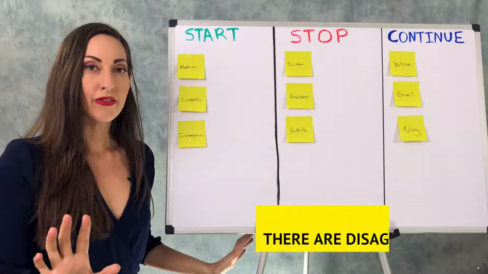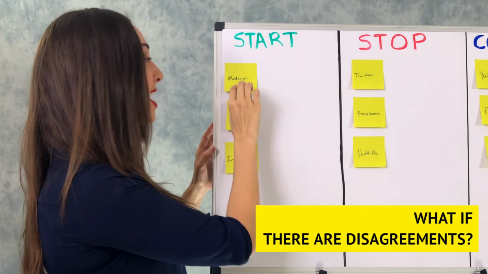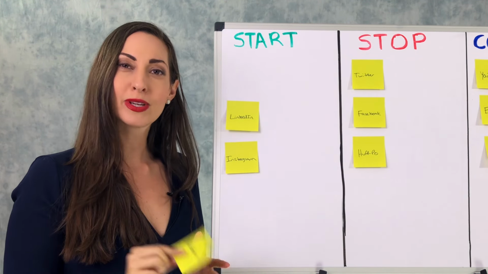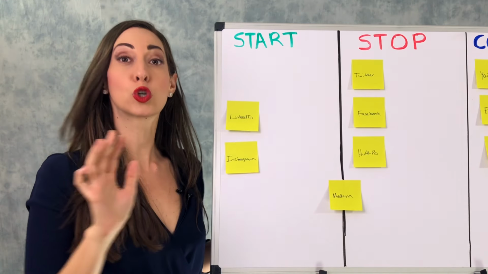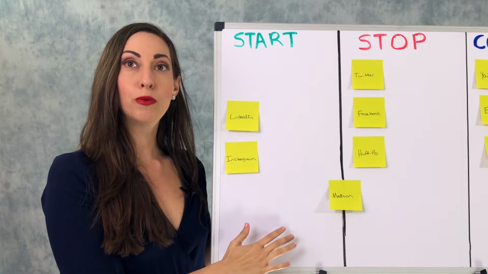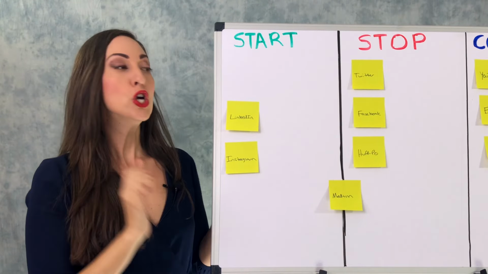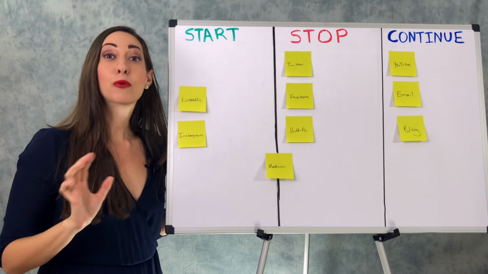Now, what if you disagree about something? This is what you want to do. So for example, we actually had a little bit of disagreement about Medium. We don't know much about that. We weren't sure how much engagement we'd get. So we decided to put it right here where we thought, we'll do a trial. We'll start it for a little bit, but if it doesn't work after 2 months, we'll stop. We'll track those articles. So you can also put things in the middle of columns to be able to see this is just going to be a little bit of a test.